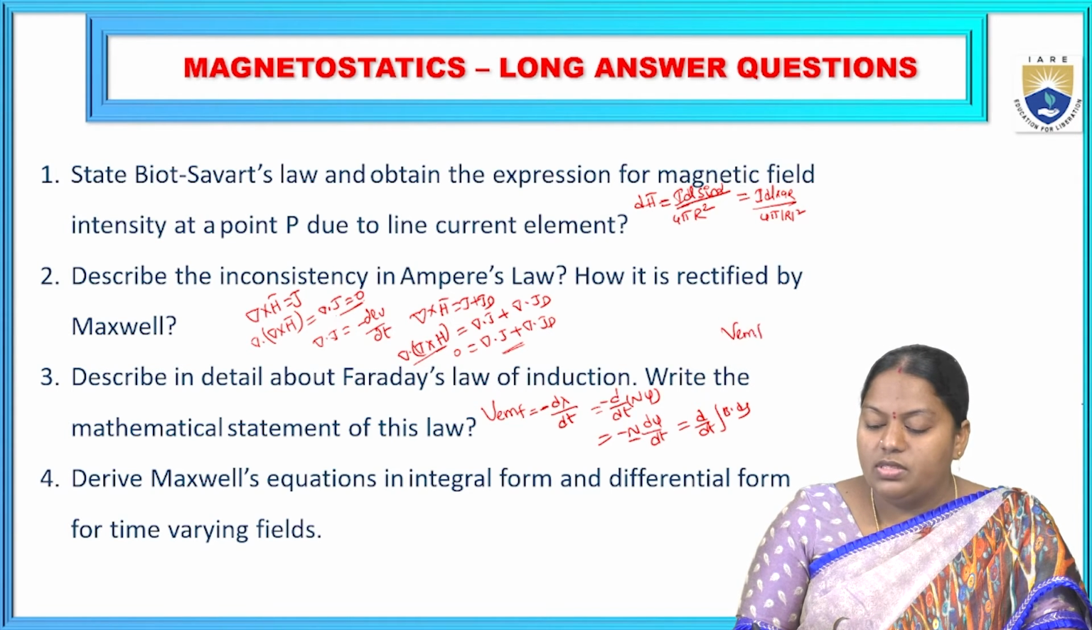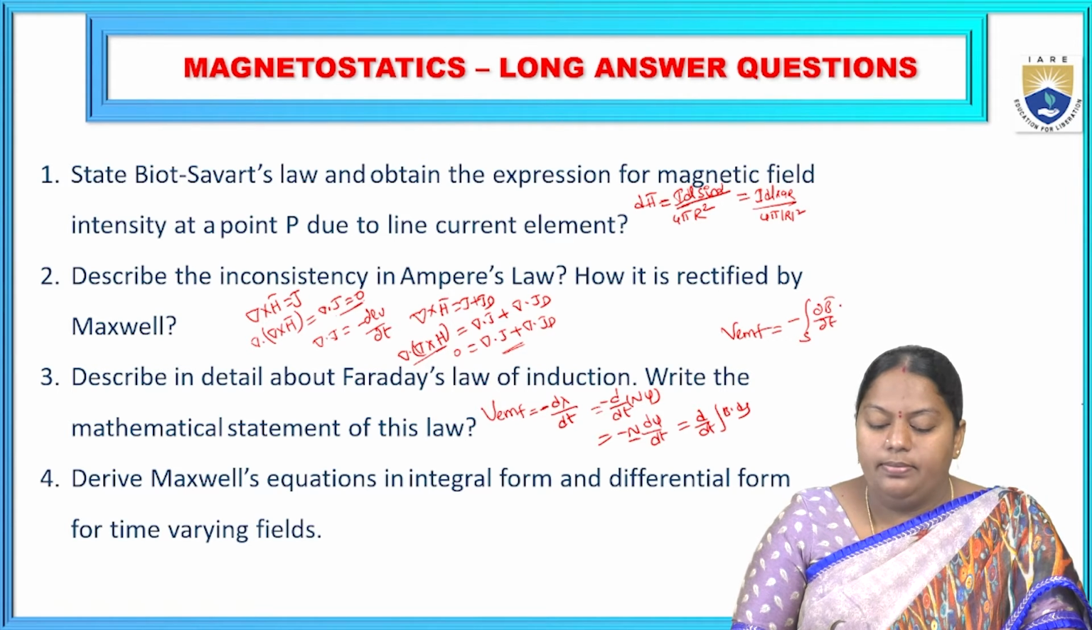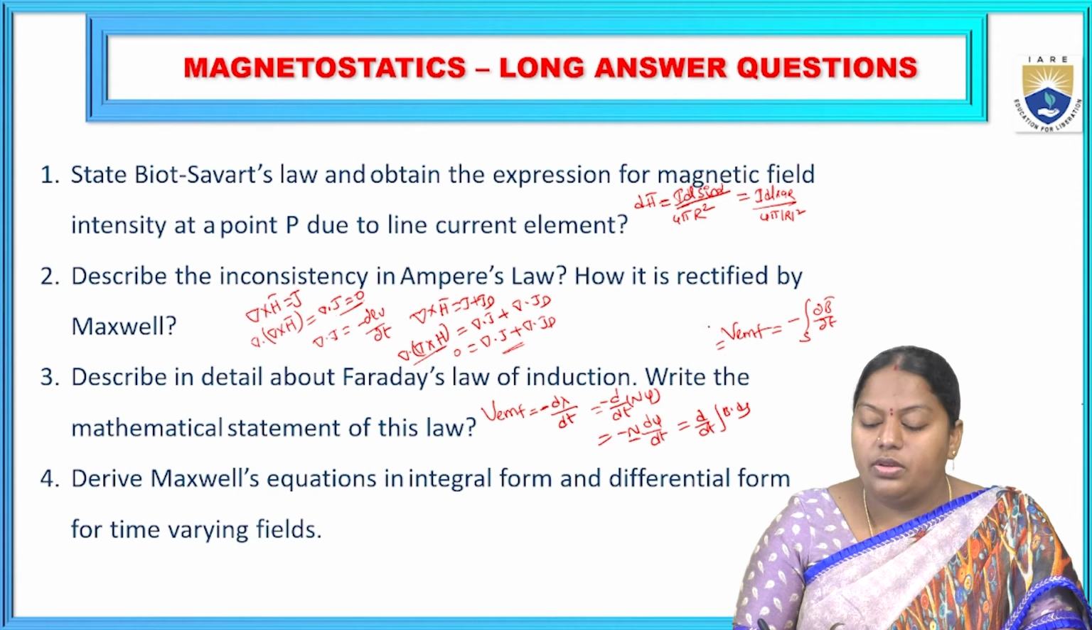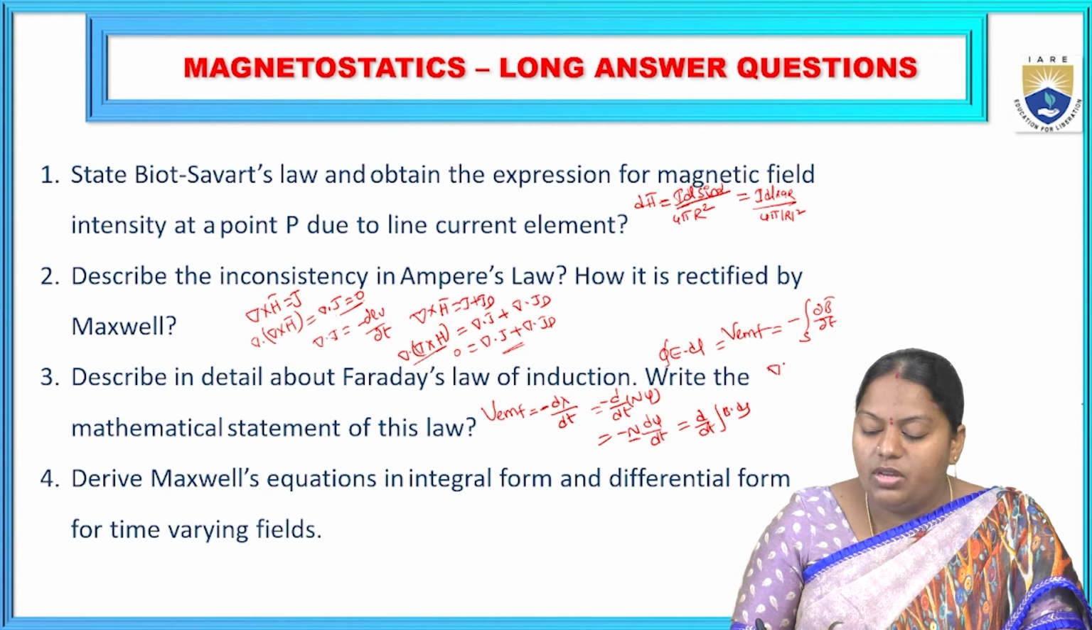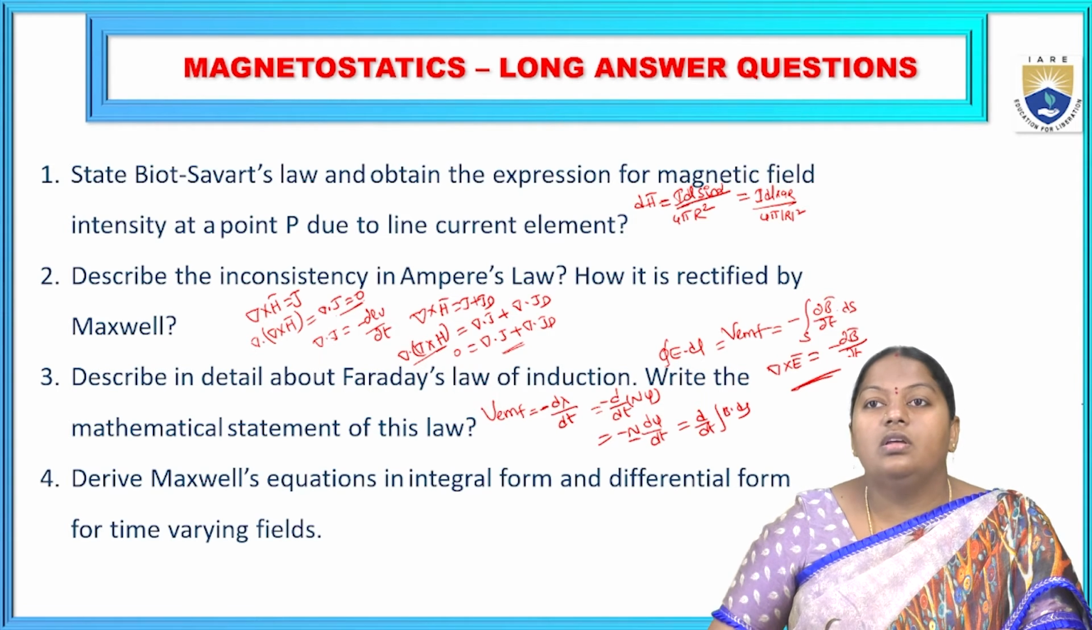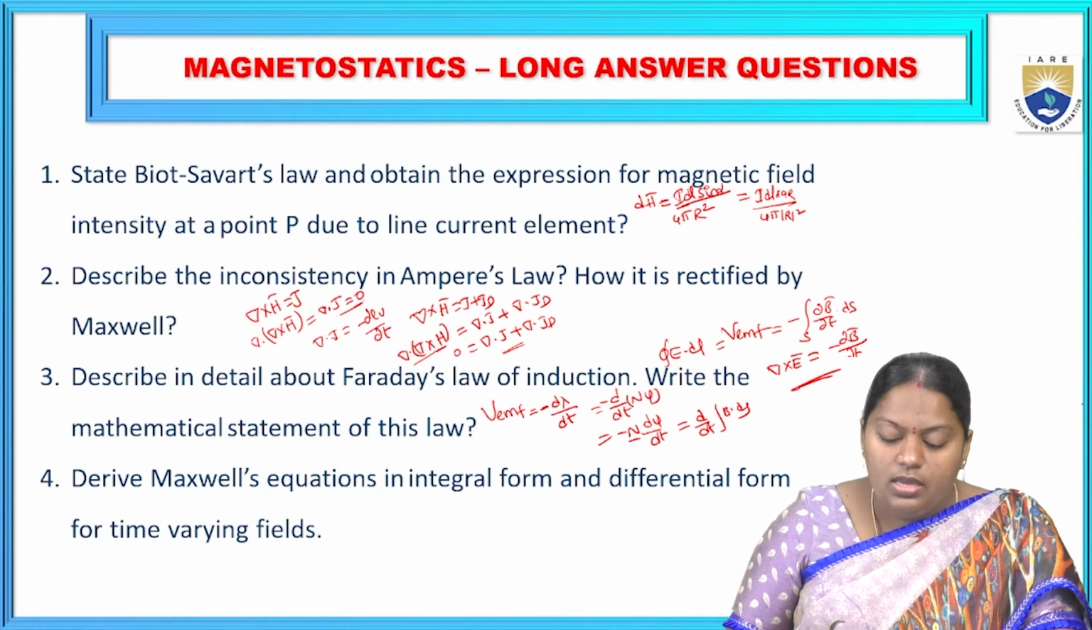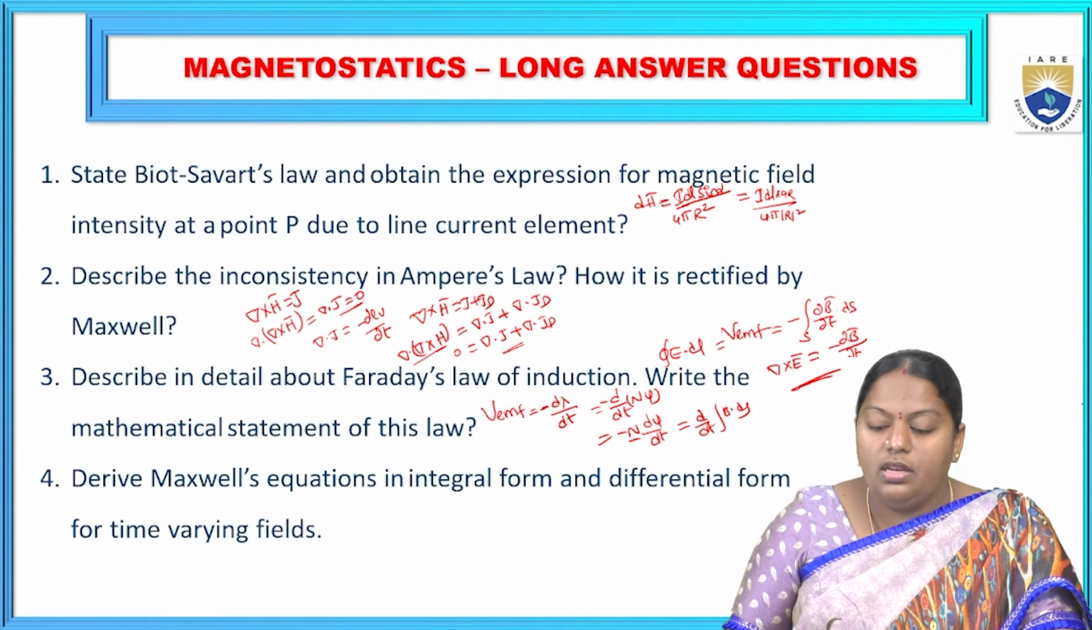Or V EMF is equal to minus integral S ∂B̄/∂t. So this is the integral form, where the induced EMF in any closed circuit is given in terms of field intensity as ∮E·dl. Then if you consider the point form, it can be given by del cross E̅ is equal to minus ∂B̄/∂t. This is the point form or differential form of Faraday's law, which is to be derived in time varying